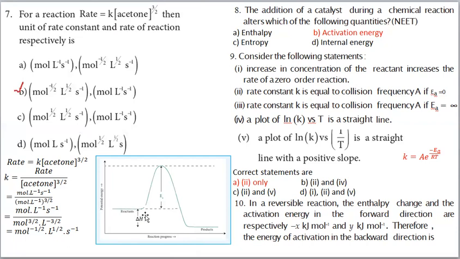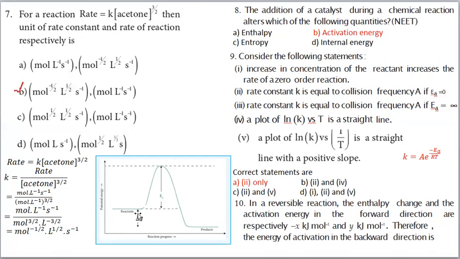The difference between these two is the enthalpy change: energy of product minus energy of reactant. That much energy is liberated. This is an exothermic reaction, so heat energy is liberated. If heat energy is liberated, then the sign is minus, negative. So from here to here, the energy value is X. The magnitude is X kilojoule per mole.